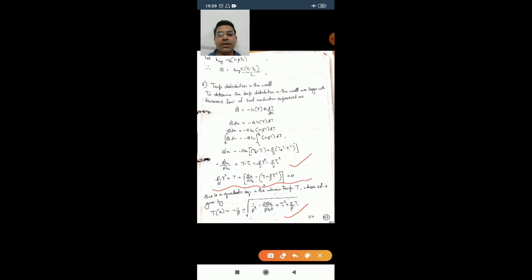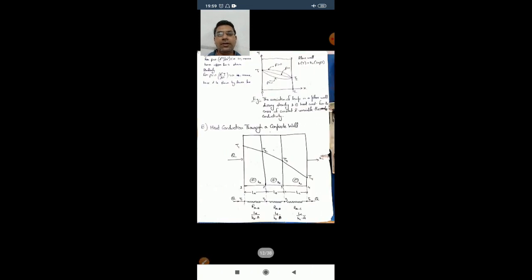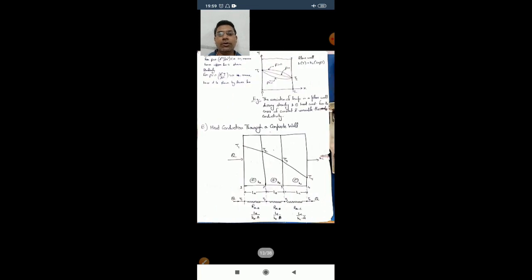Since it is a quadratic, the variation along the wall can be given as in this diagram. According to the value of beta, the temperature profile is shown here. Just go back to the one. Since beta may be positive, negative, or equal to 0, accordingly the profile of the temperature variation can be this or this one.